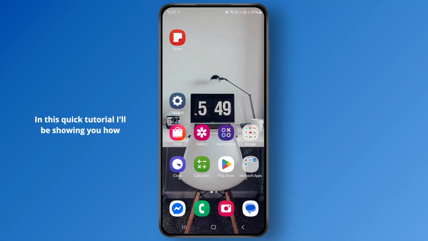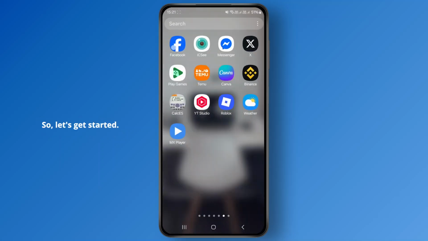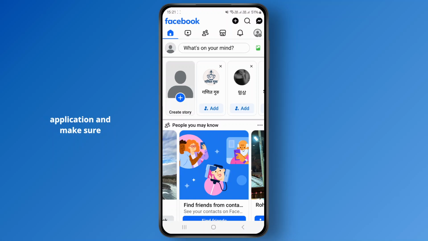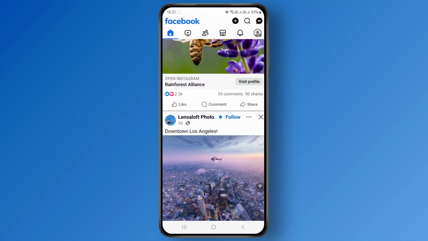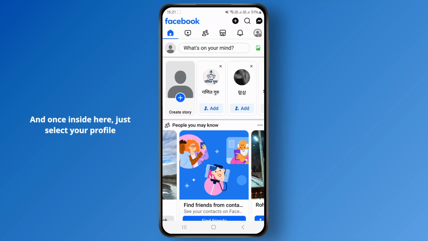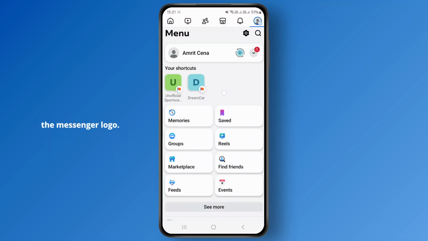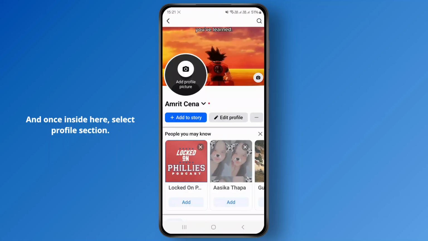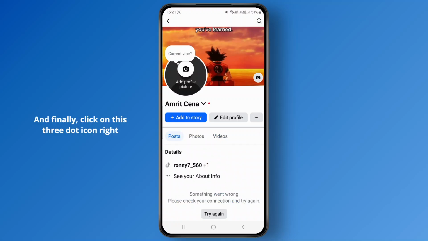In this quick tutorial, I'll be showing you how you can easily turn on professional mode on Facebook. So let's get started. First, just head over to your Facebook application and make sure you are logged into your account. And once you're inside here, just select your profile icon at the top right corner and right below the messenger logo. And once you're inside here, select profile section, and finally click on this three dot icon right next